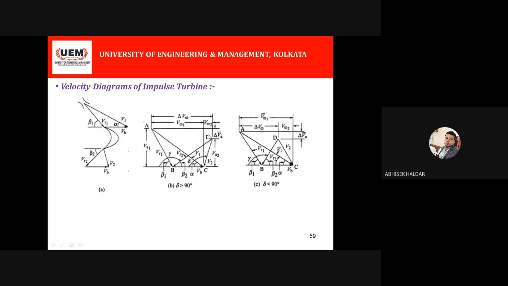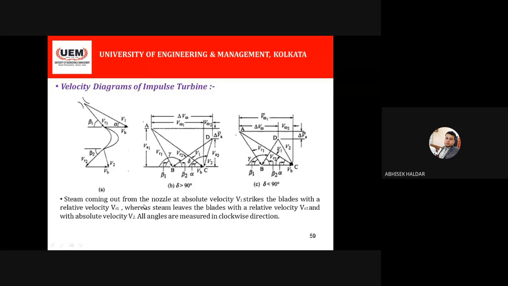So then there will be no value of this delta VA. That is basically desirable, but in all cases we may not have that. If the blades are symmetrical, then we will not have this value, so there is no question of that type of losses. Okay, we'll come to that when we get to the mathematical parts.